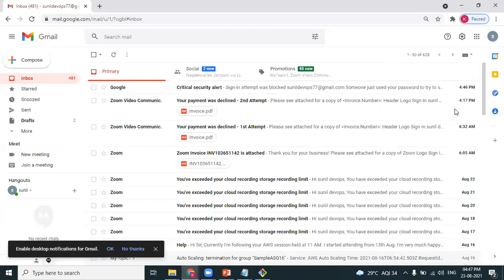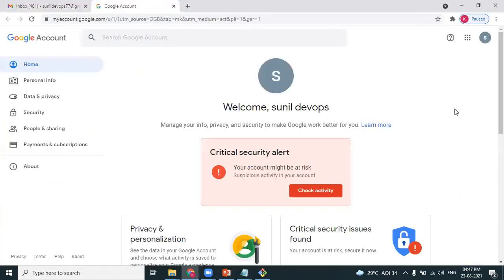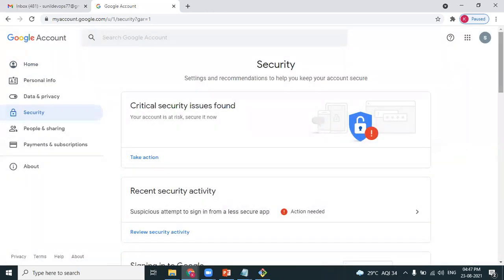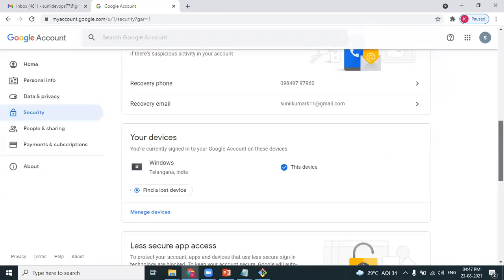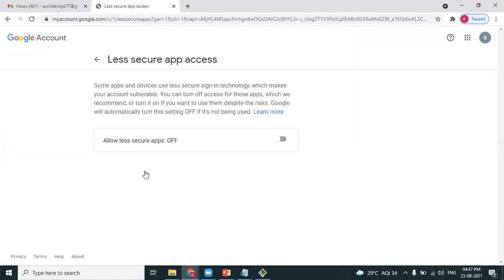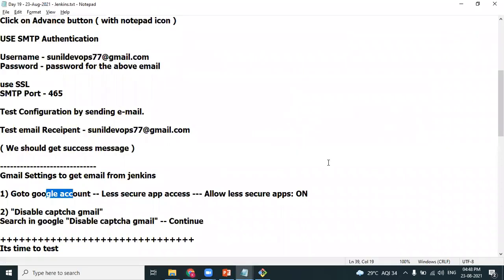Go to manage your Google account, Security. There's an option called less secure app. You have to turn it on. So I am allowing less secure apps to access my Gmail. That's the first thing.